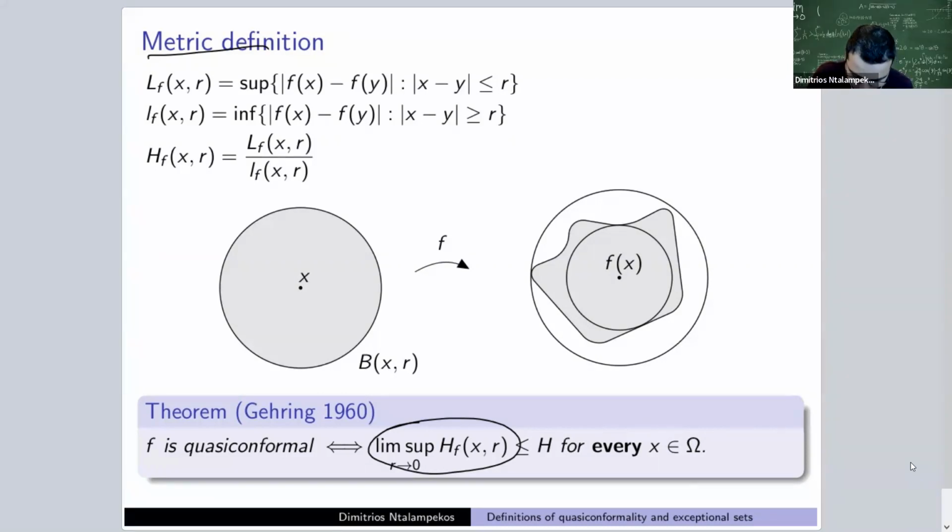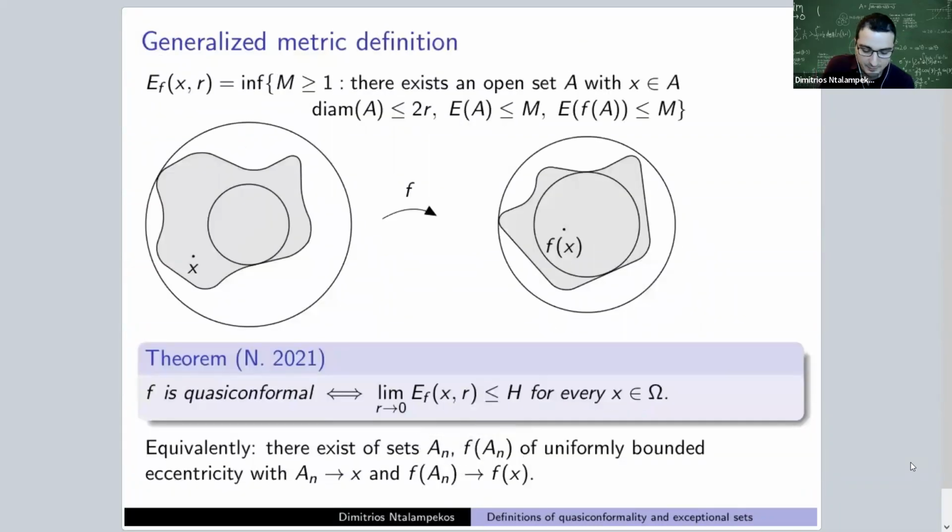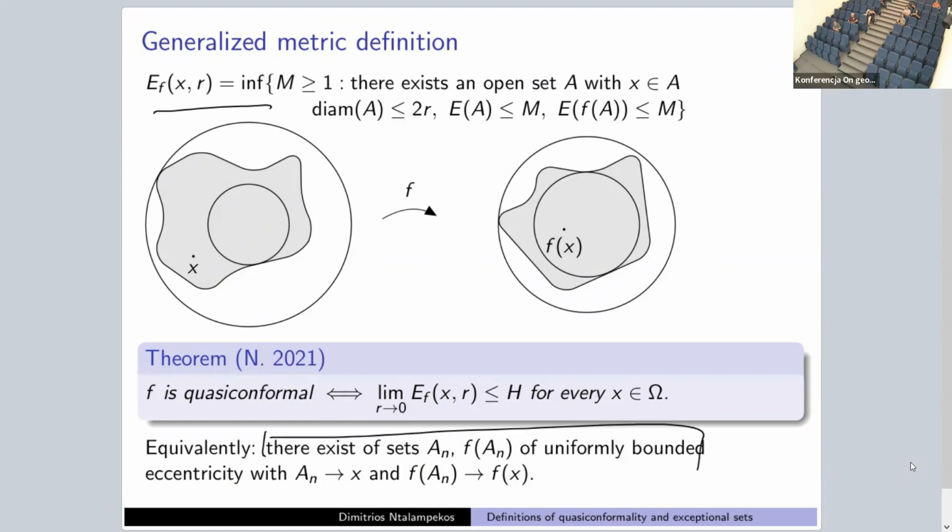Actually, it is an actual limit, because of the way this is defined, as R decreases. So this is the limit anyway. The limit. Yes, but I think it's easier to read the theorem if you read this equivalent formulation, from your generalized metric definition. So which is, I guess, a weaker condition than having the original one. Yes.